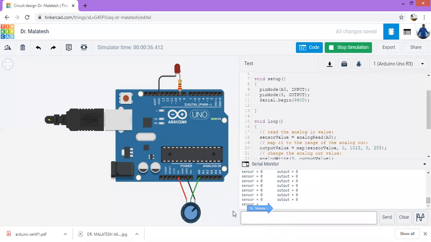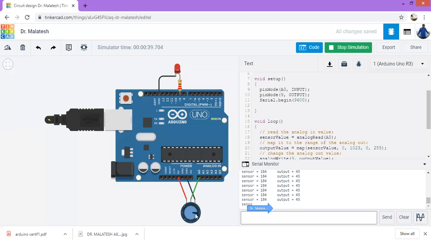Now I will vary it now. Sensor is sending the voltage corresponding to 82 in the range from 0 to 1023, but it is converted into the number 20. So depending on that, a small intensity is coming there, corresponding to the 20. Now, slowly I am going to increase. You can observe now. The value in the range from 0 to 1023 is 184, but in the range of 0 to 255 it is 45.